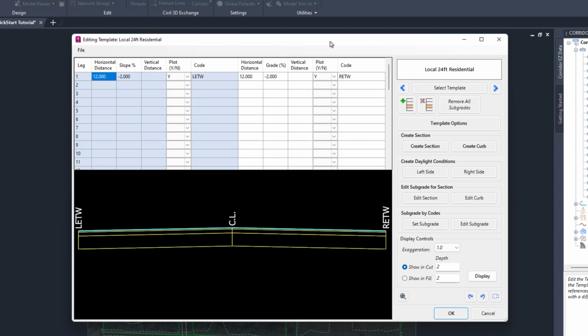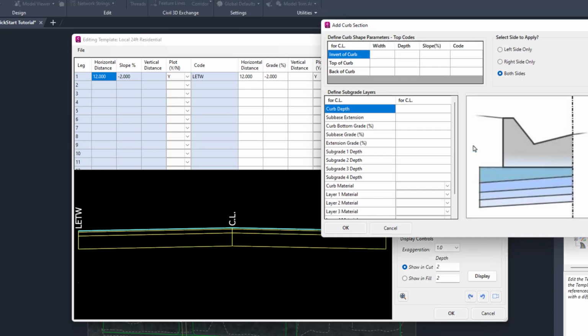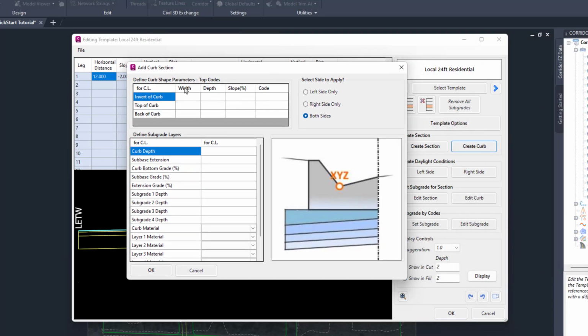Now we're going to go ahead and add the curb. So to do this, again, it always works from the last available code, so we're going to click on Create Curb. Now in here we're going to fill this in. Now the hover graphic is extremely useful for us in this particular example, but we'll fill it in using the following values. So the width of the first section here, the gutter section, will be 1.34,